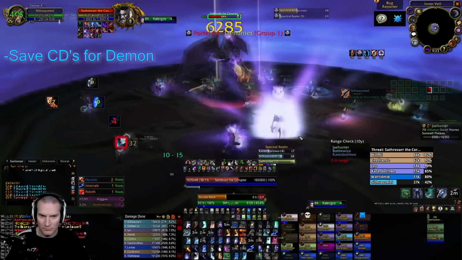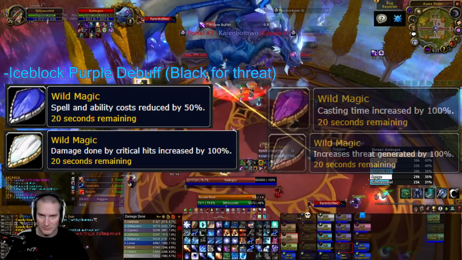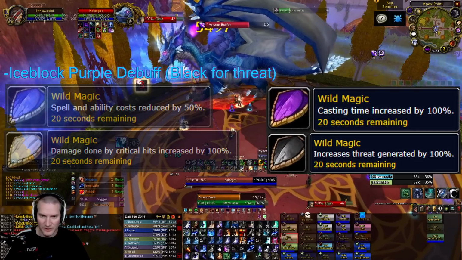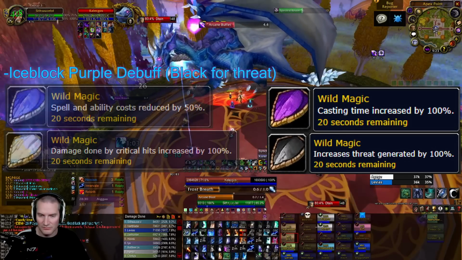Additionally, when down below, stack semi-close to Kalecgos in hopes that he buffs you, and when you're up top, watch for debuffs, as the blue and white debuffs are your friends, and if you get them, you want to pump while they're up, and the purple and black are your enemies, mainly the purple as it increases your cast time by 100%. So if you get the purple, I recommend blocking it off,